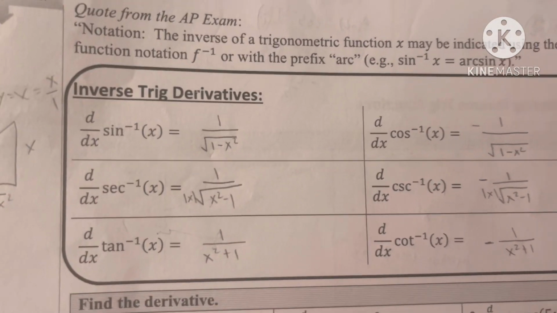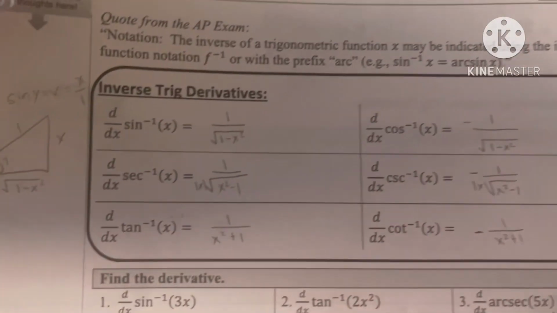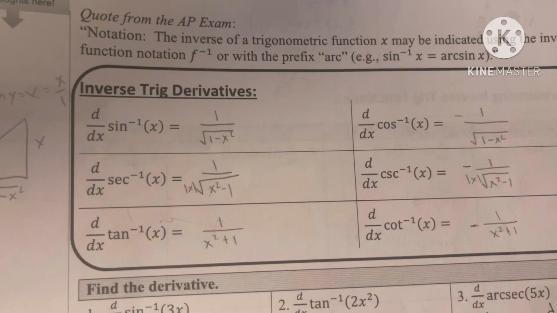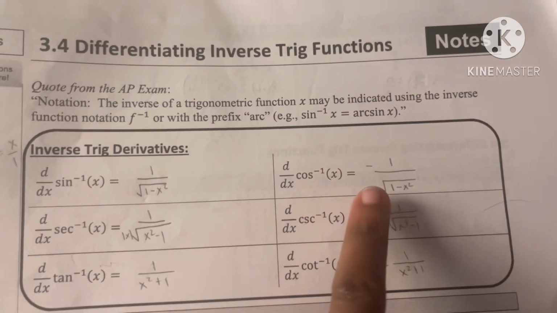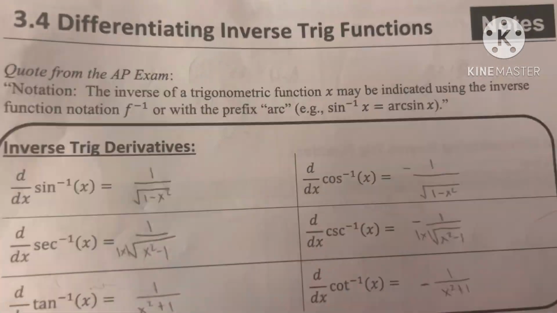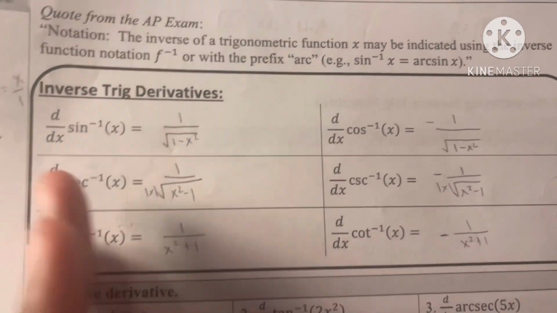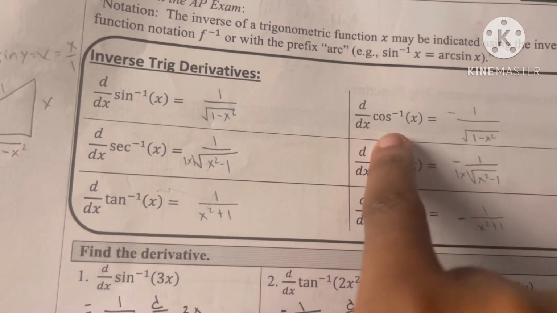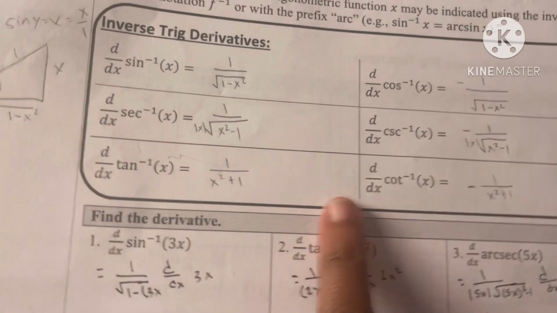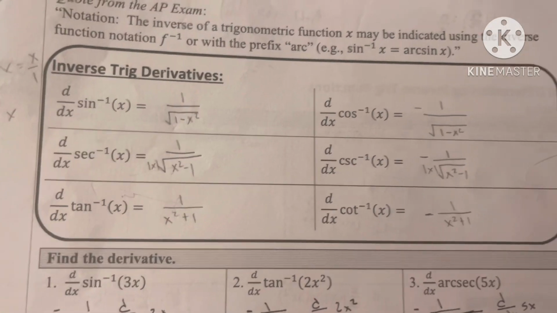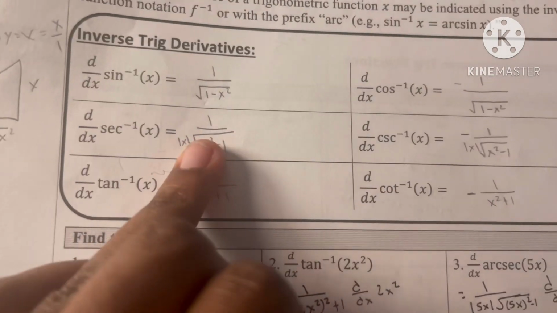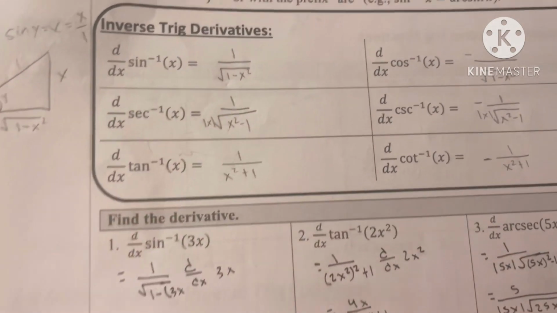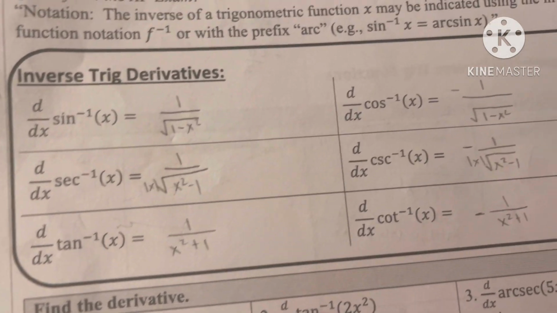But yeah, the derivative of sine is equal to 1 over square root of 1 minus x squared. And cosine, you just add a negative in front of it. What I like to do is just memorize all three of these and just memorize the trig function that matches it and just put a negative. So it'll make it easier, you know? But secant is 1 over x absolute value